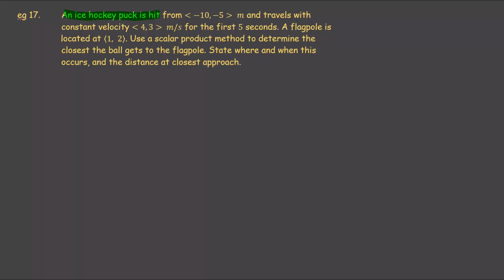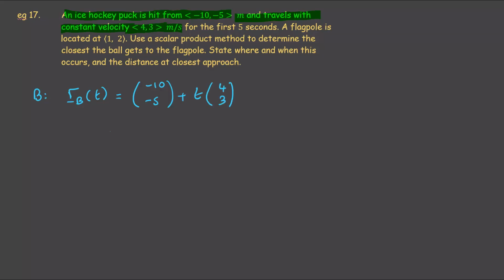An ice hockey puck is hit from (-10, -5) meters and travels with constant velocity (4, 3) meters per second. Now this is the moving object, so it's our B. So we can say that RB at time t is going to be (-10, -5) plus t(4, 3), or